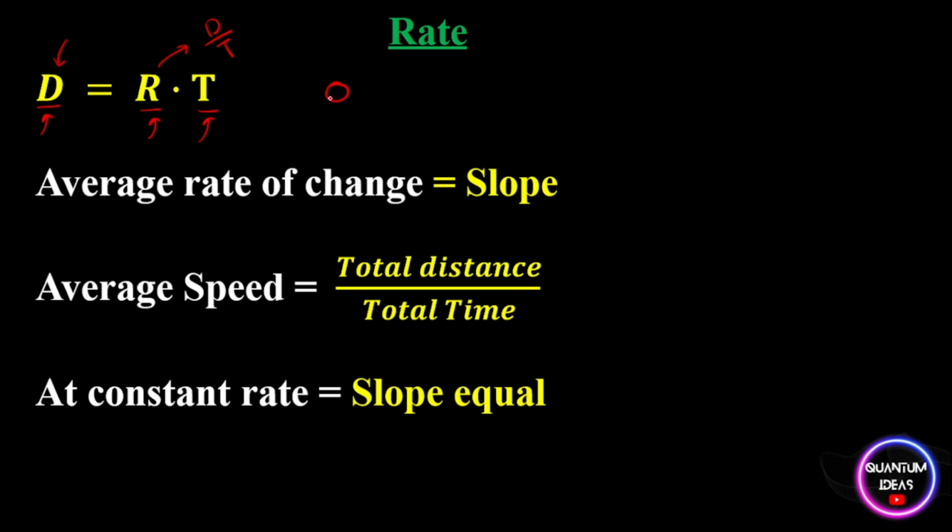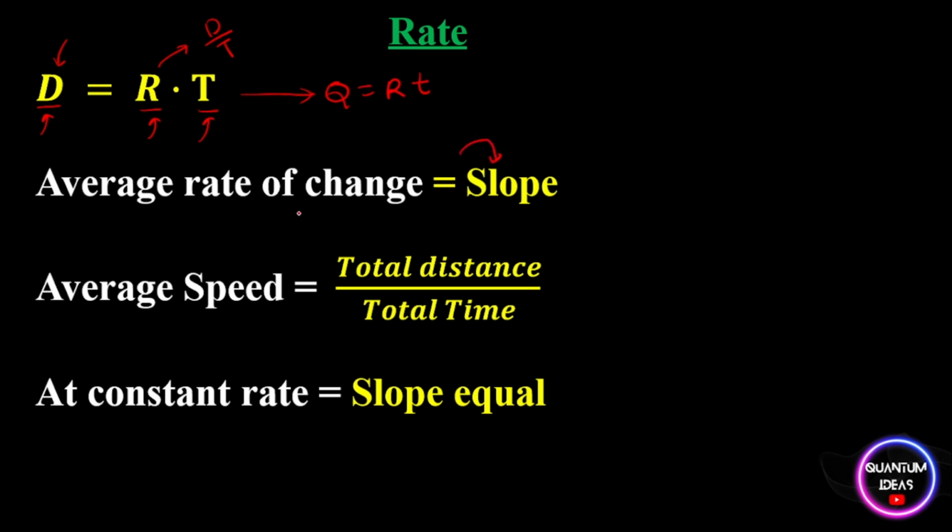So D could be a quantity also, so Q equals RT, any quantity. So you have to be alert. This formula is very handy. So another is average rate of change. If the question is saying average rate of change, then you have to basically find the slope from the given